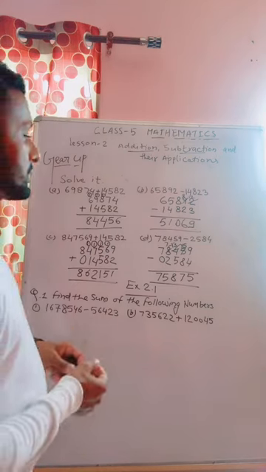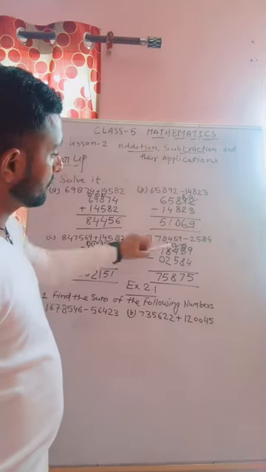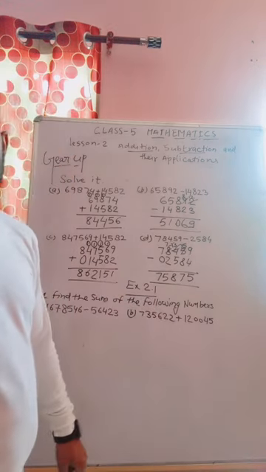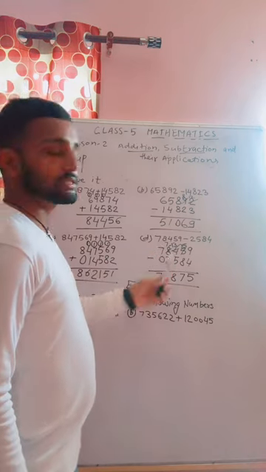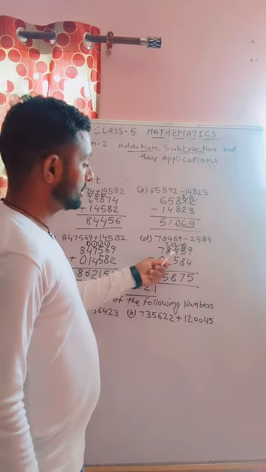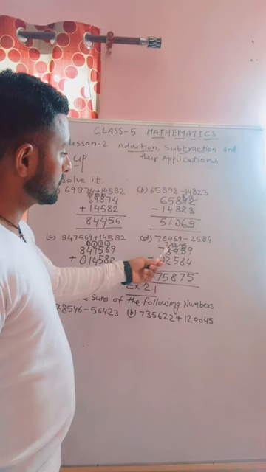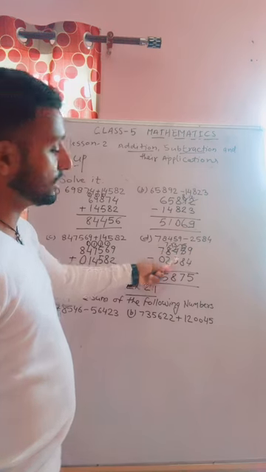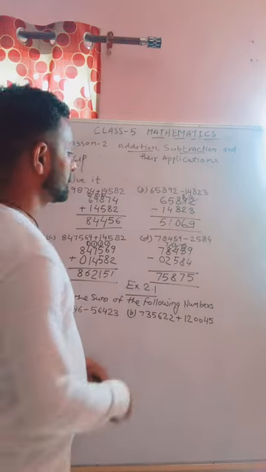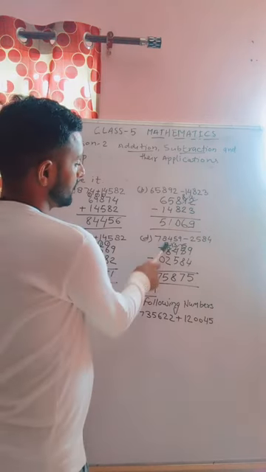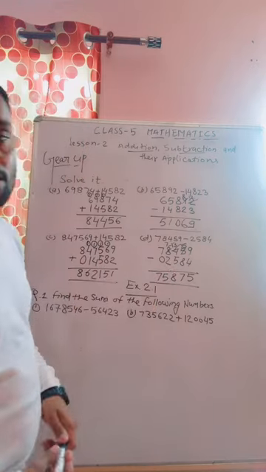Okay, see next again. 9 less by 4, 5 comes. 5 less by 8, 5 is the smaller number, so call the carry. 15 here, 15 less by 8, 7 comes. After that 3 is left, and 3 less by 5, 3 is the smaller number, so call the carry. 13 here, 13 less by 5, 8 comes, and left the number is 7. 7 less by 2, 5 comes, and 7 less by 0, 7 comes.